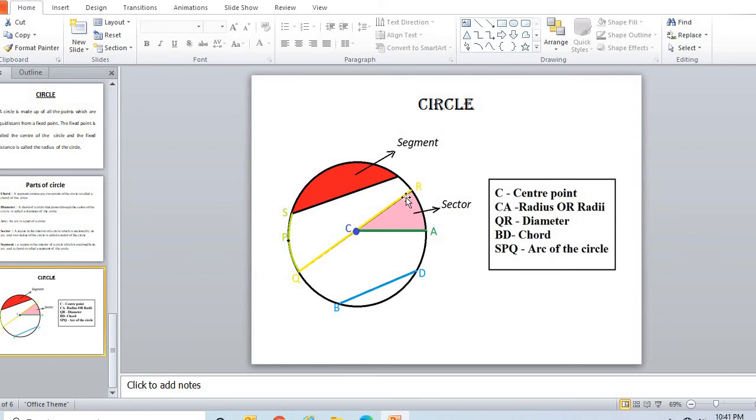Okay, so these are the parts of the circle and I showed you in the diagram also. So I hope all of you understood. So here we come to the end of the introduction part 2. In the next video we will learn the quadrilateral chapter in 4.5 and 4.6 circle. Thank you.